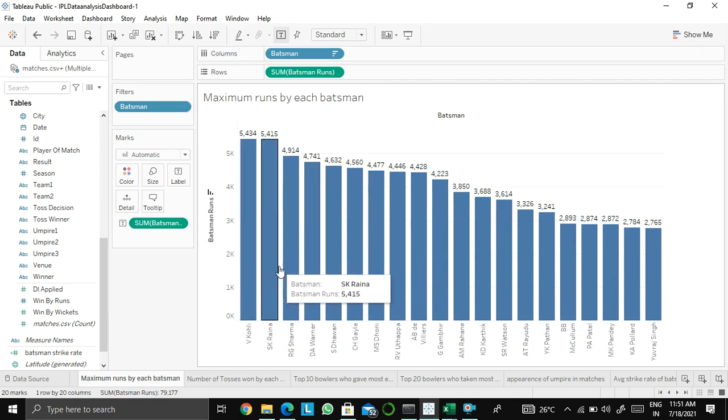Virat Kohli, Suresh Raina, Rohit Sharma, David Warner, they lead. So we can say these players are successful based upon the total number of runs they made, right? Virat Kohli, Rohit Sharma, David Warner, Shikhar Dhawan, Chris Gayle, MS Dhoni, Uthappa, De Villiers. So we can say these players have the most experience and they are successful players, right? I think we can say that, right?